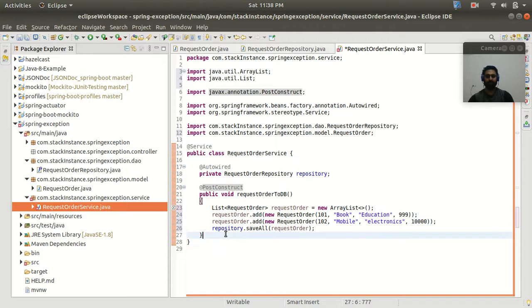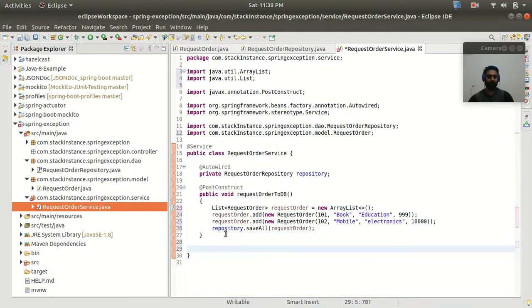So now I am going to write a service method to find the product according to the product name. All right. So let me write a method, and here it is returning the order. So find by name, and this is the product name.